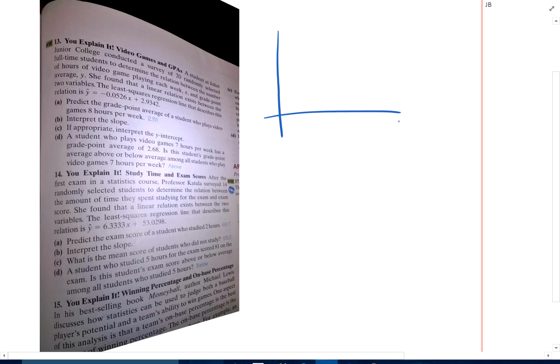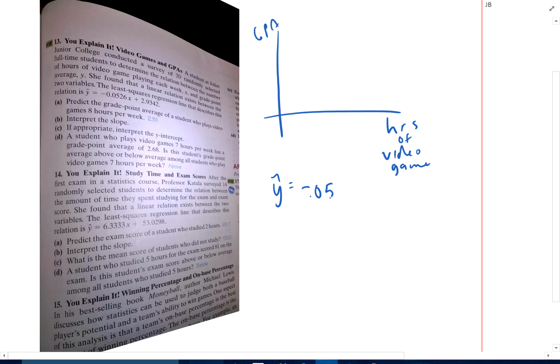So we've got hours of video game playing versus GPA. She found a linear relation exists between the two variables, and the least squares regression line is this: